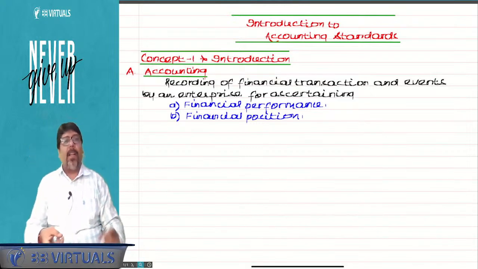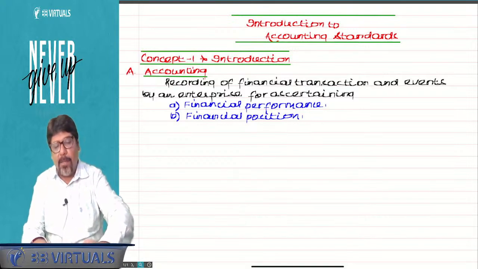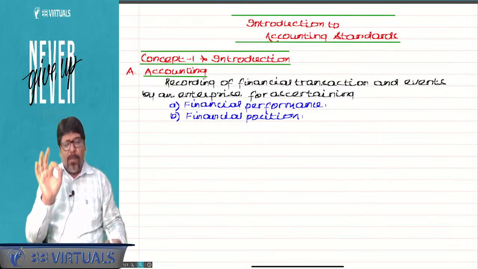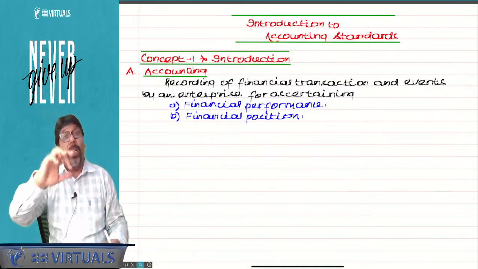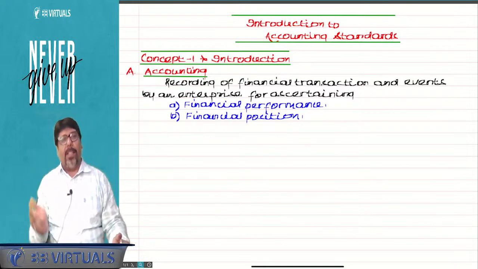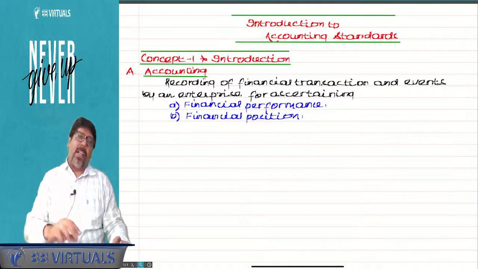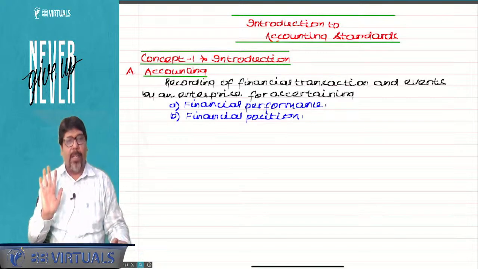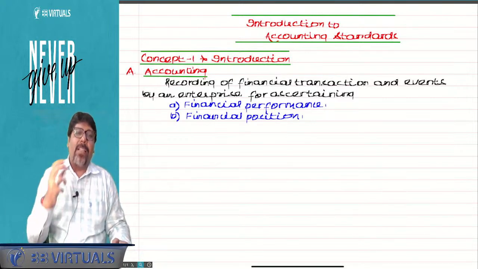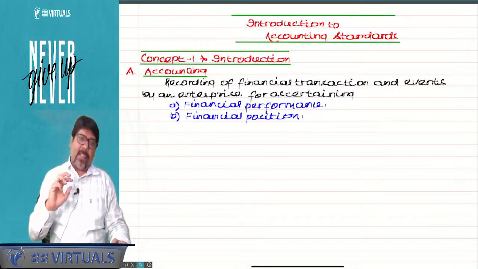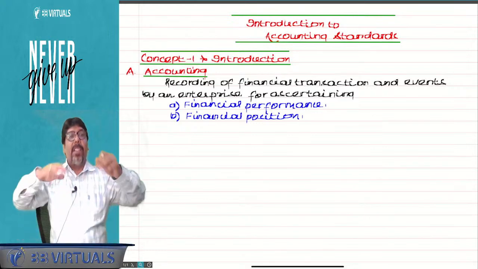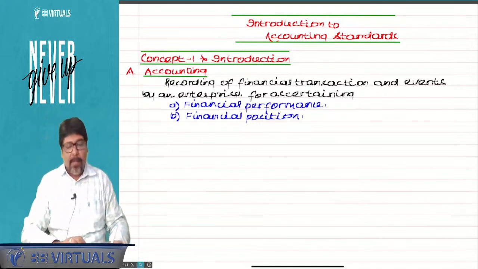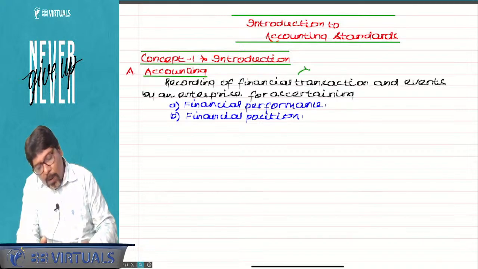Now, there are few doubts which should arise in your mind. Generally, those doubts do not arise because of overconfidence. If I ask you what is the difference between transaction and event, or what is transaction and event, you say, sir, we studied all this in 11th standard only. Transaction is monetary and event is non-monetary. No, sir, both are monetary only. Transaction is what you do intentionally and event is a result of a transaction. Event is happening, which happens automatically, over which you do not have any control.